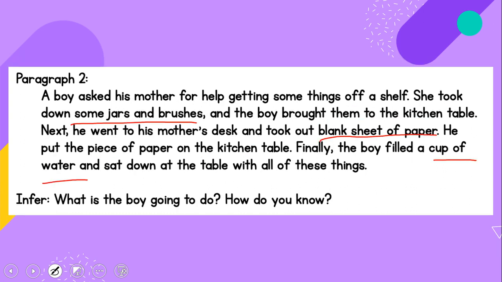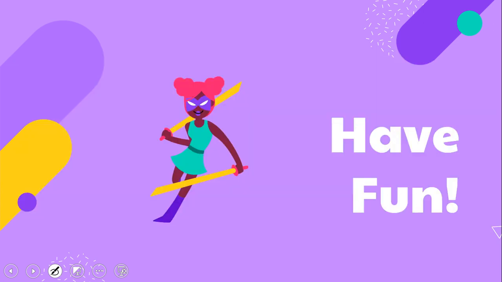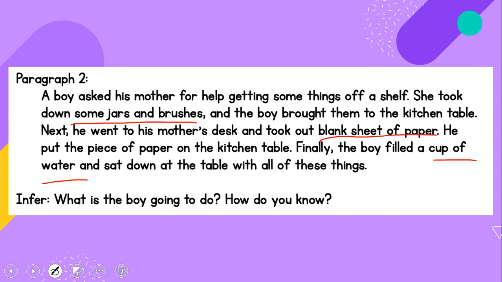So that's it. You just have to answer paragraph 2. What is the boy going to do? How do you know? Okay, try and give me 1 or 2 examples of how you know. 2 would be the best. And paragraph 3, you need to find out the woman's job and tell me how you know. Again, try and get 1 or 2 examples, and again, 2 would be good for 2 examples, okay? And that's it. You have today and tomorrow to complete this. You will have a new English video on Wednesday, so take your time, make sure you've done a really good job, and let's see how well you have inference.